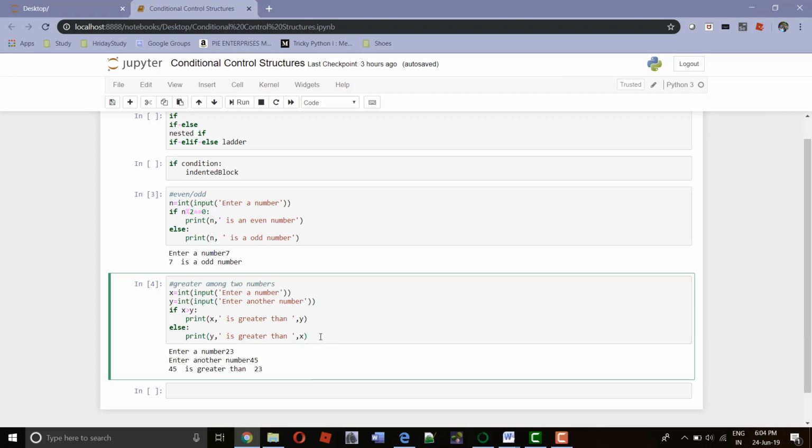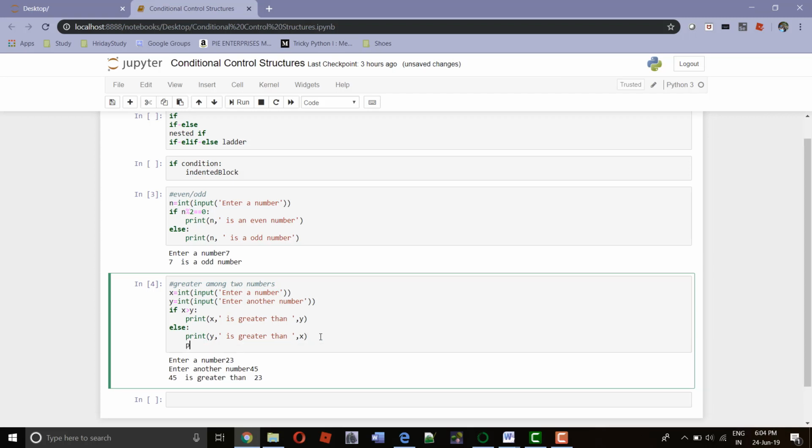Okay. Now let's suppose we add one more statement here. And here we say, second number is greater. Okay, now notice the indentation over here. Here the indentation is equivalent to the indent of the above statement, which is part of else.